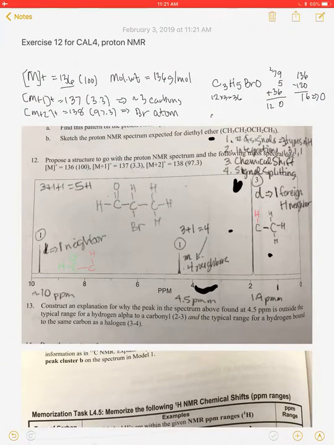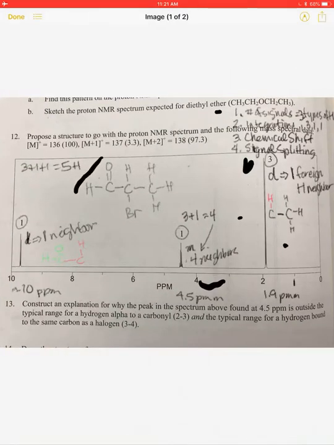Okay. I think if we re-verify our atomic C3H5BrO, if we add those all up, I think we'll double check to make sure we have 136. So you could do that really quick too. And then let's go ahead and put a circle around our final answer, and we have double checked and triple checked our work, and I think that is the right molecular structure that matches the information in both the mass spectrometer